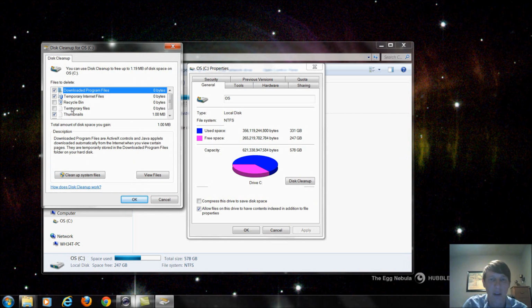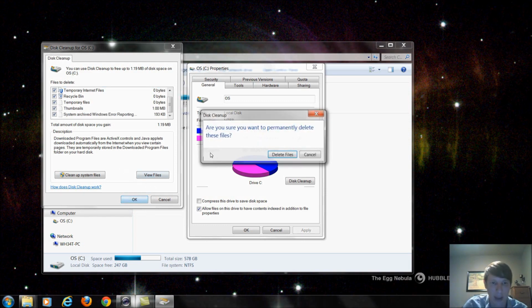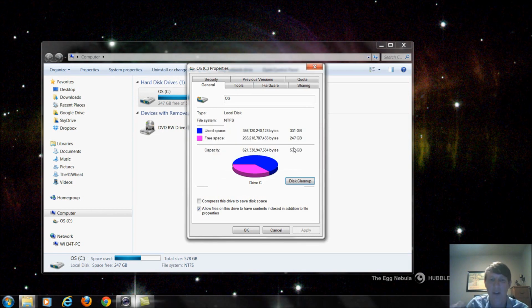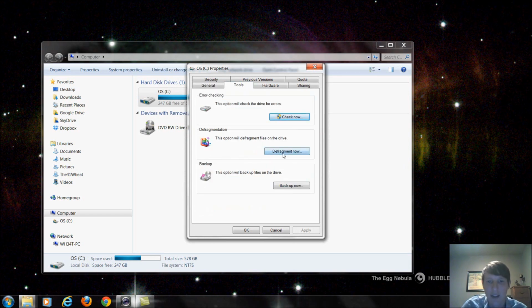Now, I do this very frequently. My rule of thumb is the more often you use your computer, the more often you need to do this. So I probably do it once a month, if not once a week. And my suggestion is to check every box in this little window and select OK. And this is just going to delete all of those Windows system files that you no longer need. Temporary files, internet files, archive files within Windows, stuff from the recycle bin that you've deleted that didn't actually delete just yet. And then once you've completed that, I would suggest go into Tools and select Defragmentation,